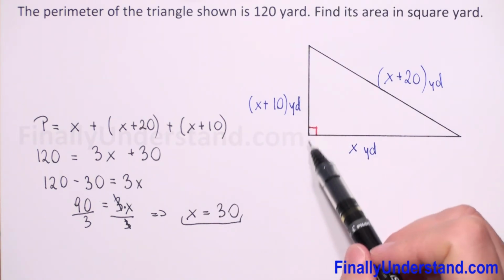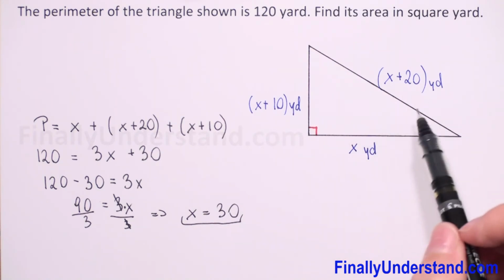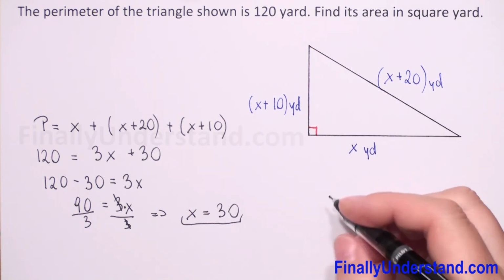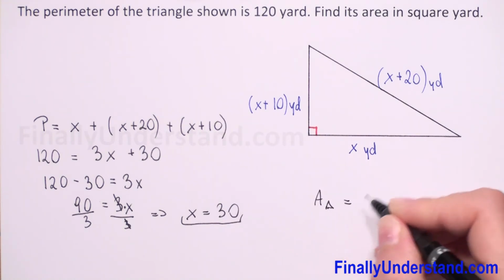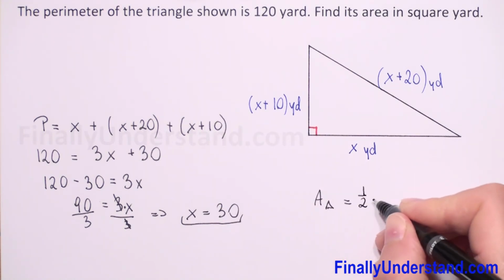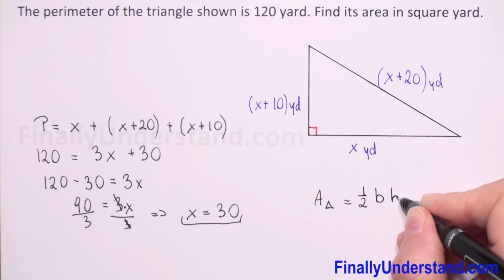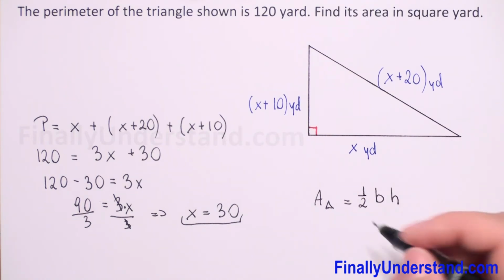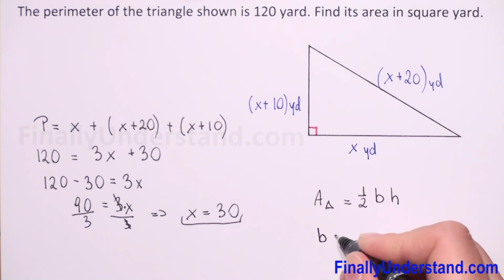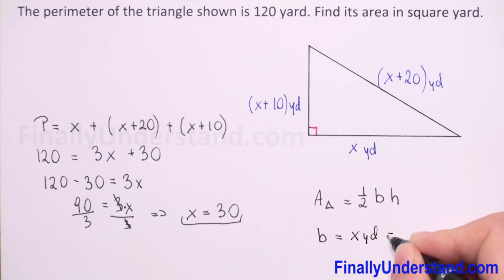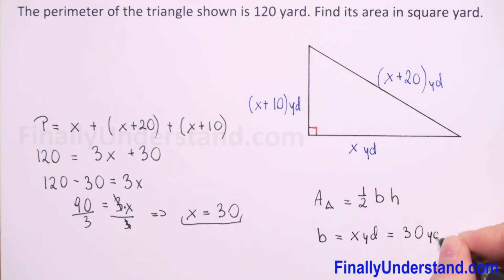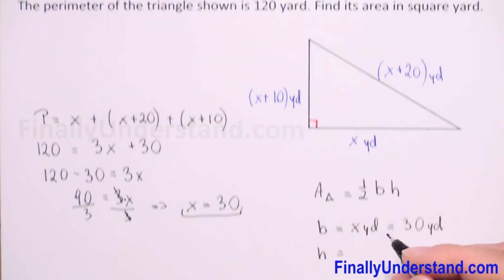When we have base and height, we can find the area of our triangle, because we know that the area of triangle is equal 1/2 times base times height. So our base is equal x yard. So x is 30, so we have 30 yards. And our height is equal,